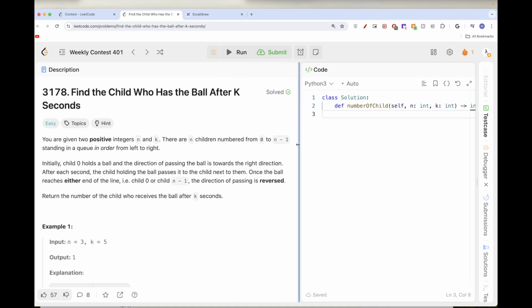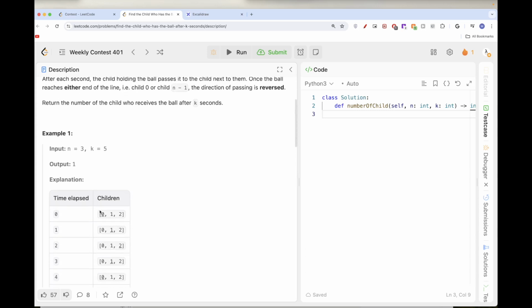So basically we have two numbers, n and k. What does each one represent? N represents the number of children we have, and k represents the second we want some result at. Now, what is that second? These children are standing in a queue in order from left to right. Okay, so three children, 1, 2, 3, or if we start from 0, 0, 1, 2, like you have here,